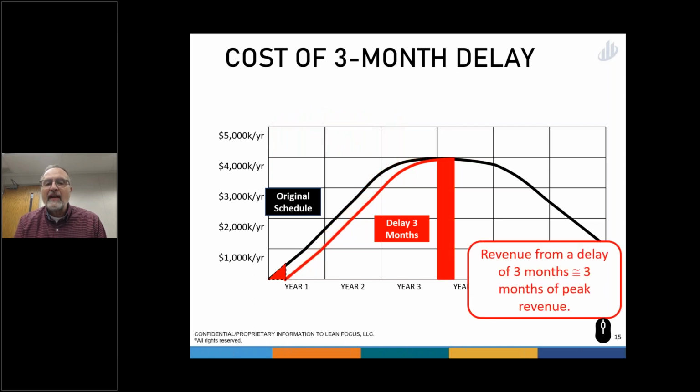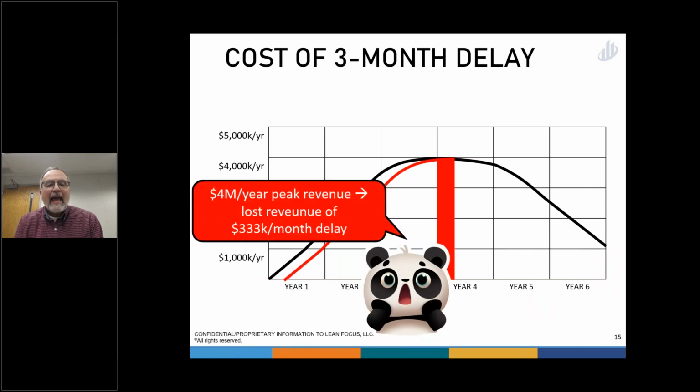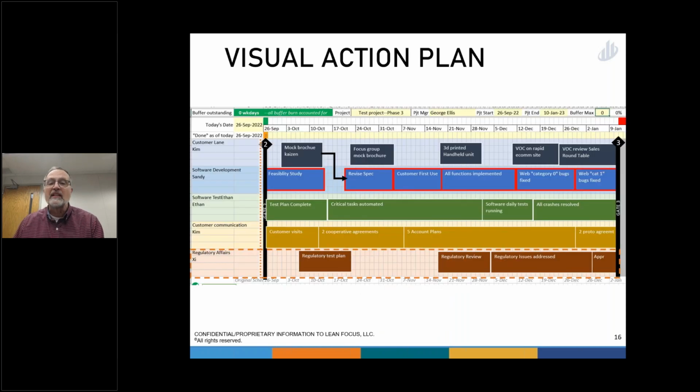And if I take that and reshape it, what you'll see is that essentially I've lost 3 months at peak revenue. And the net of that is that if I have a project that is going to earn $4 million a year at its peak, and I introduce a 3-month delay today, I haven't lost that tiny sliver you saw on the left to start with. I'm losing $333,000 per month. In other words, a 3-month delay is something like losing